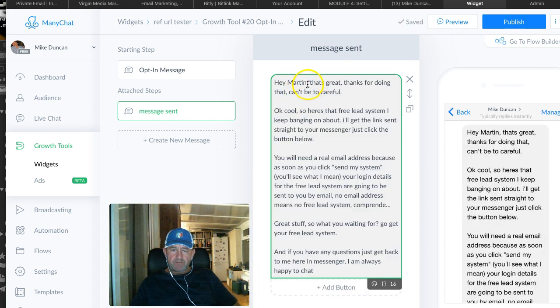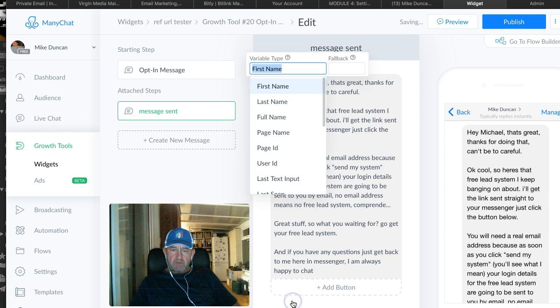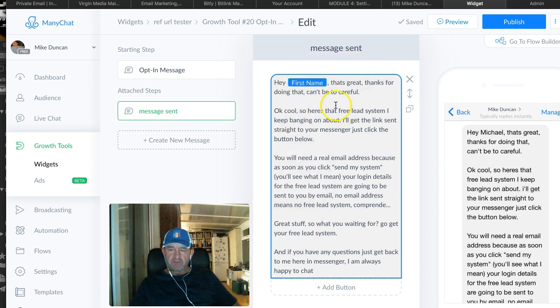Okay, and obviously, well, not obviously, but you don't want to leave that name there. You want to use this, and so you can populate whoever's name it is. Okay, so there you go. That's great. Thanks for doing that. Can't be too careful. So you're just referring back to the bit where you just said, oh yes, I is